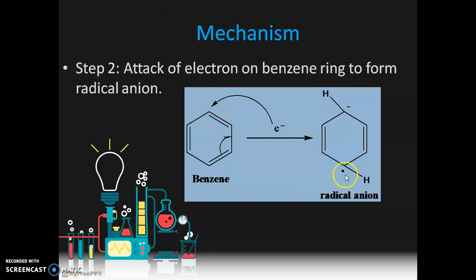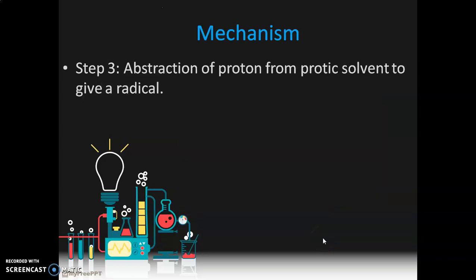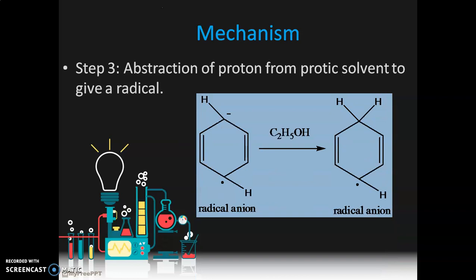anion. You can see here there is a radical charge as well as a negative charge, so that's why it is called a radical anion. Step 3 is abstraction of proton from protic solvent such as ethanol to give a radical. So this protic solvent such as ethanol will abstract the proton over here and it is going to give